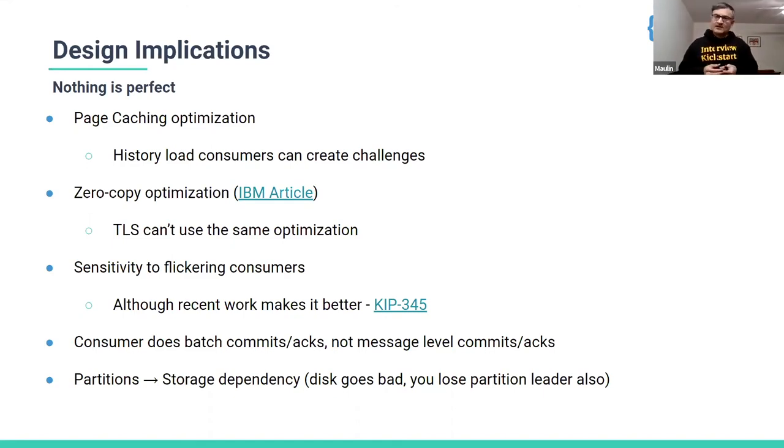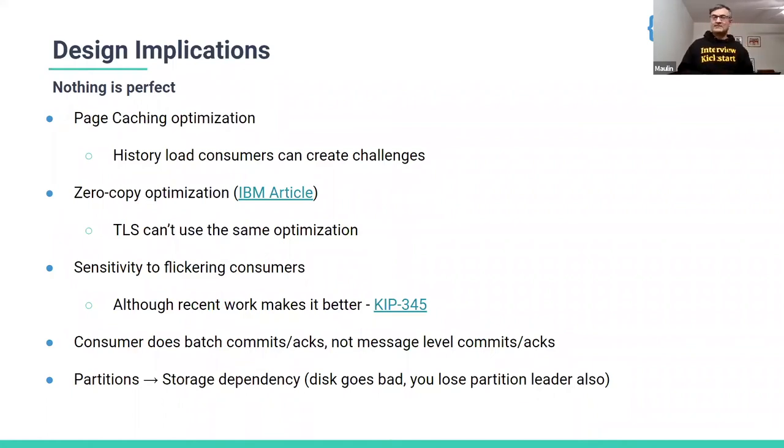There's a lot of work that has been done around this area, primarily by IBM and Facebook, who used zero copy much before Kafka, and they did a lot of work on modifying the Linux kernel to make it efficient when you use TLS, so you can really take advantage of zero copy. But this is something you need to take into account when you measure your performance.